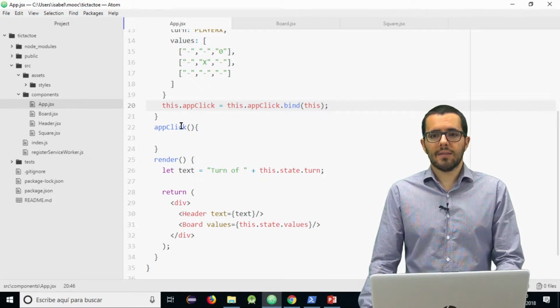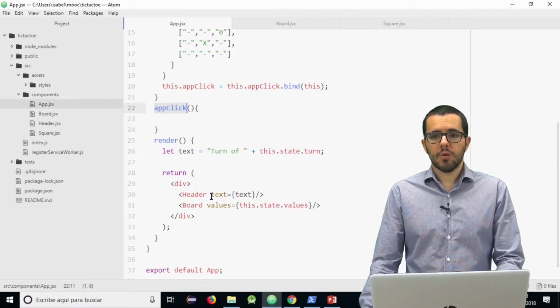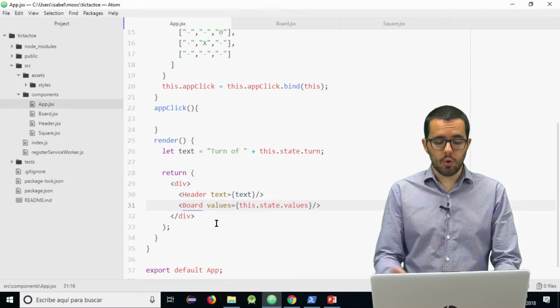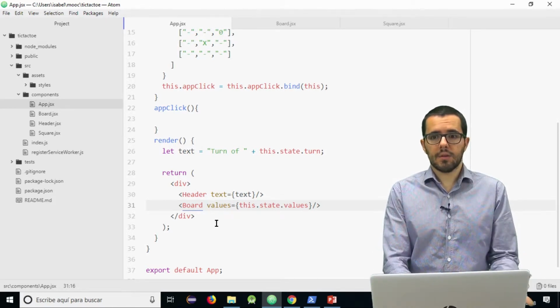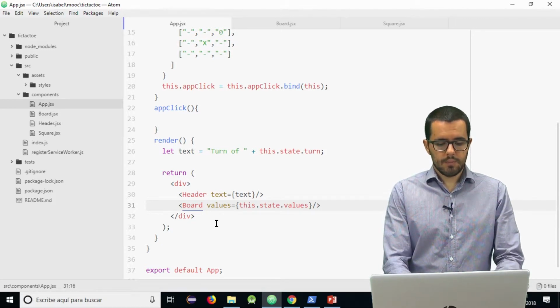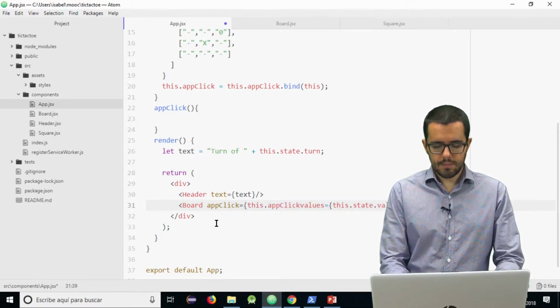How do I pass this method as a prop to the board so the board is able to call it? Well, it's easy. It's the same as we pass text or values here. We call it appClick, and it equals this.appClick. Perfect.